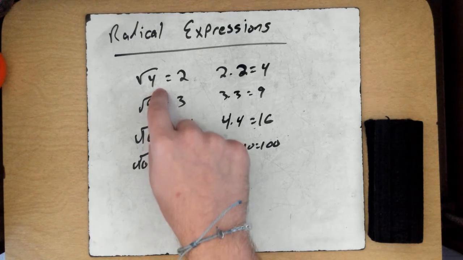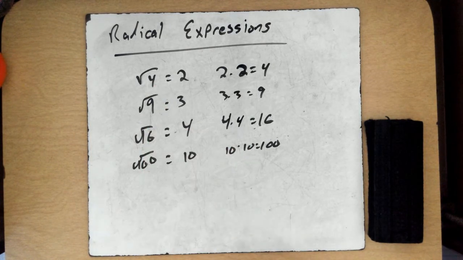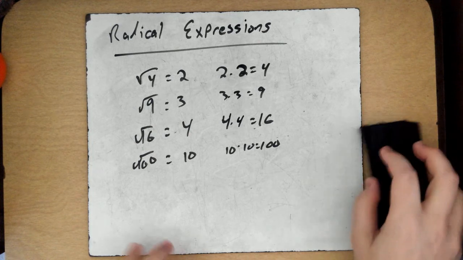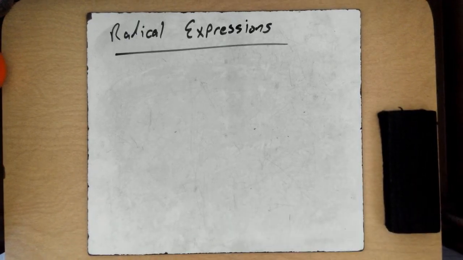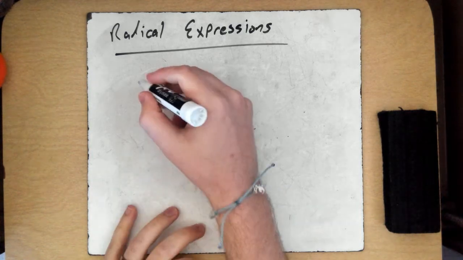So we talk about squares, perfect squares. Now what happens if you have numbers that are not perfect squares? That's what we're going to be working on today: square rooting numbers that are not perfect squares and breaking them down into several parts. So, for example, let's go with 20. The square root